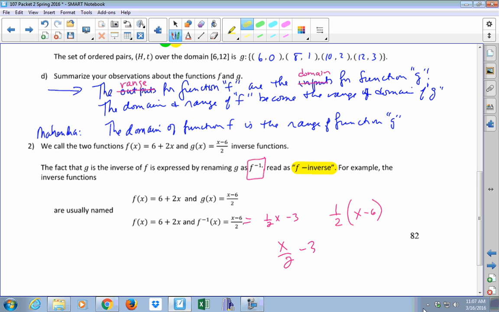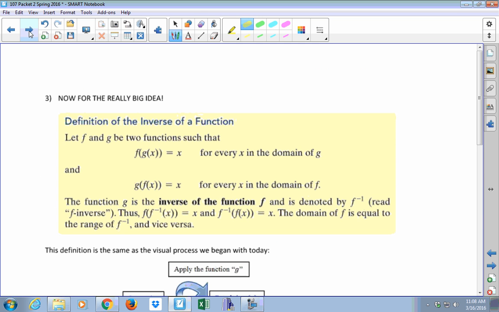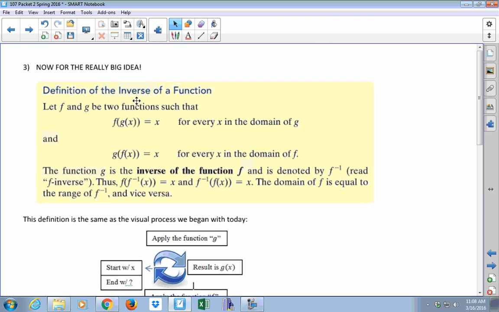X over 2 minus 3. Yep. Okay. All right. Yeah, I don't think we want to go any further than those 3. Okay. All right. Now notice, I don't think I've ever put in any of your class notes now for the